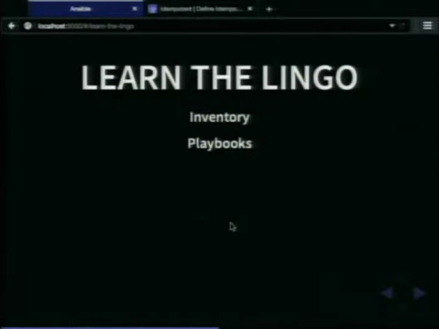Playbooks. Borrowing from some sports ball here. Playbooks are what you are going to want to do with those machines. And we can talk a little bit later about how you can break up playbooks into different pieces. You know, software guys, we love reusability. But for now, just accept it as something that contains the plays, the things that are going to happen on the machines that you've got in your inventory.